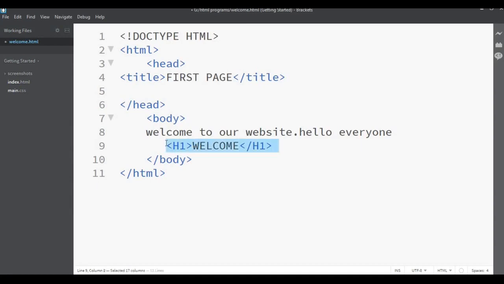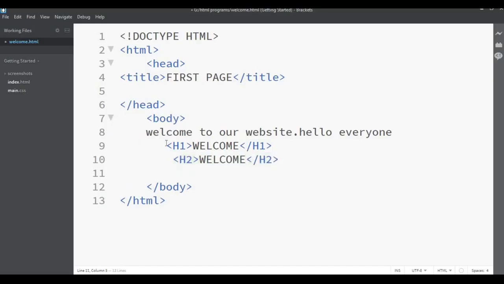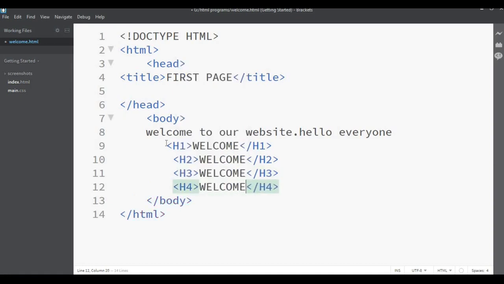See, here you are getting help. When I type H2, it will simply write the closing tag of this, but in other text editors like Notepad and Notepad++, it will not. You have to manually write these tags. So here is the advantage. Okay, let me show you all 6 heading tags.